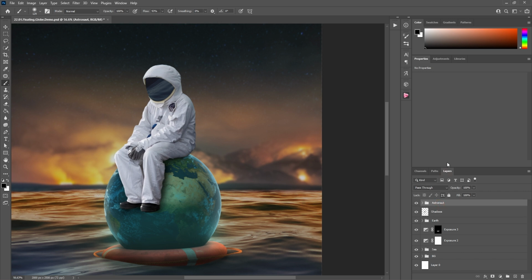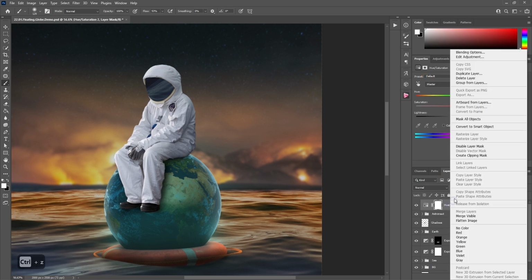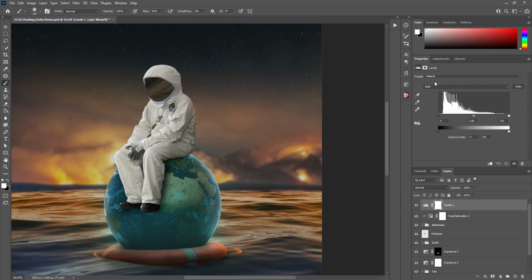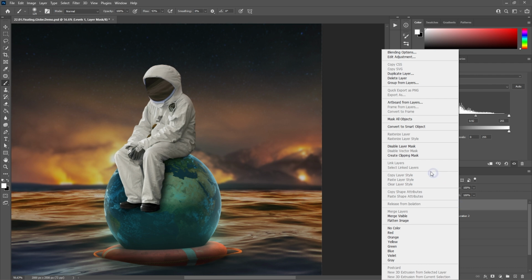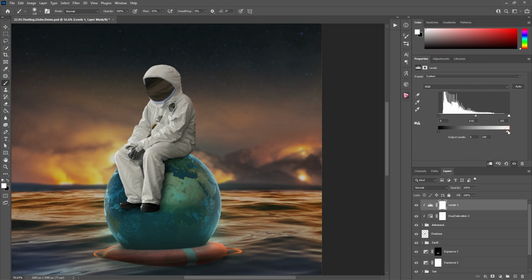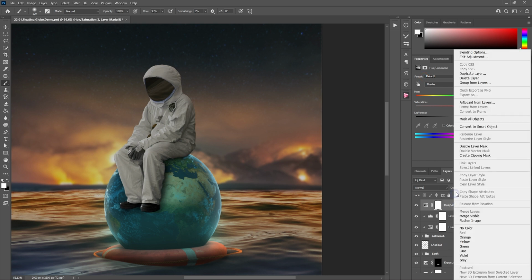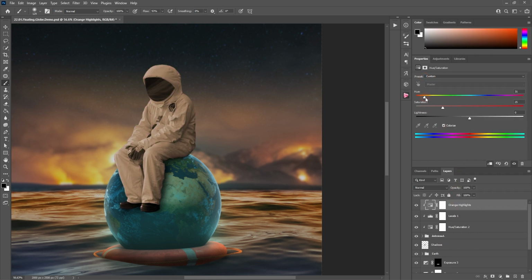And now we can focus on matching the colors to the rest of the scene. So back to the astronaut folder, add a hue layer on top, create a clipping mask, slide the hue all the way to orange, add some saturation, reduce the lightness, switch to blues, decrease the saturation. Now let's add a levels adjustment layer, adjust the midtones, create a clipping mask, and let's bring the white output down. We definitely need to add some more highlights here as well, so let's add another hue and saturation layer, create a clipping mask, enable colorize, match the hue to that of the fire in the background, increase both saturation and lightness,